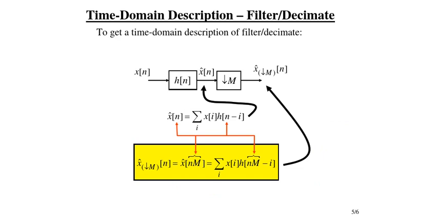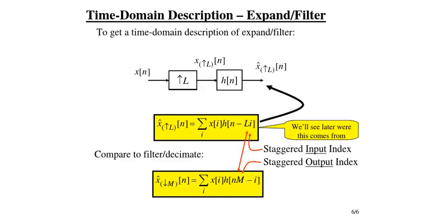Now when we use the filter along with the decimation and interpolation process, we can write the expression. This is your discrete signal. First we pass it through the pre-filter; let's call the result x cap of n, which can be written by the convolution operation. After that we downsample it, so index n is changed to nM, and we have to change it here also.